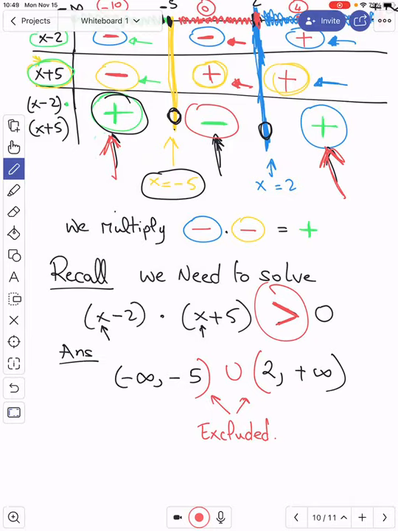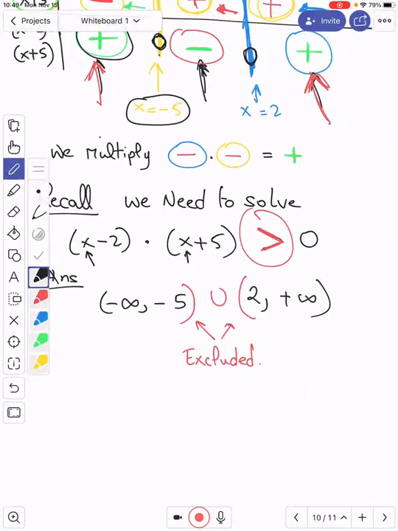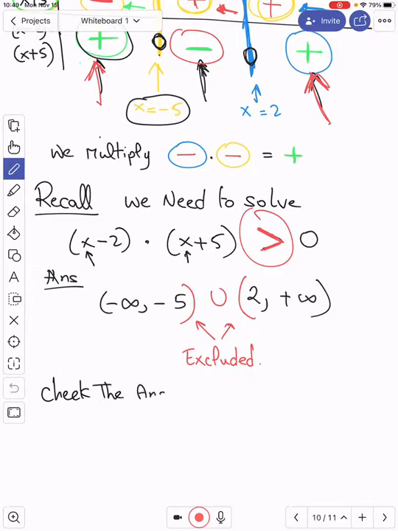And I mean, you can check the answer. If you take any number in this interval, we can check. Of course, this is a final answer, but if you want to check the answer, we can check it. You can take, for example, a number in this first interval from -infinity to -5. So for example, if x is -10,